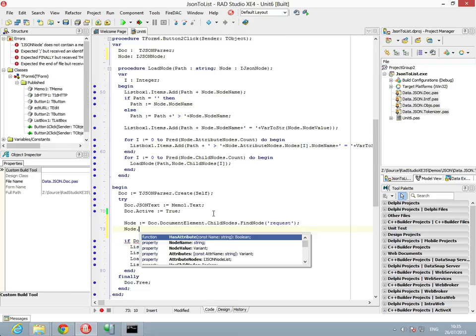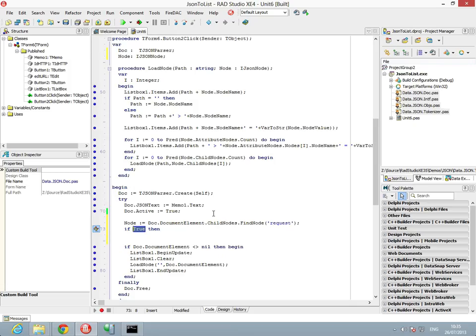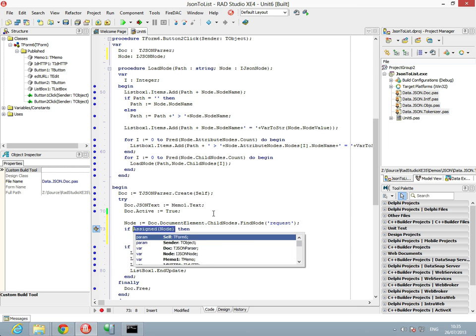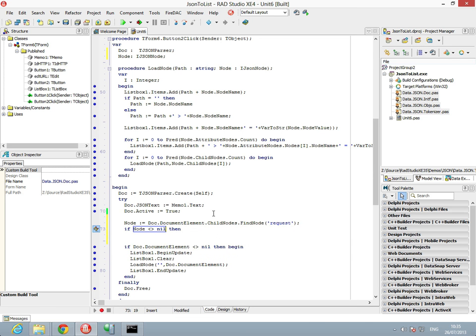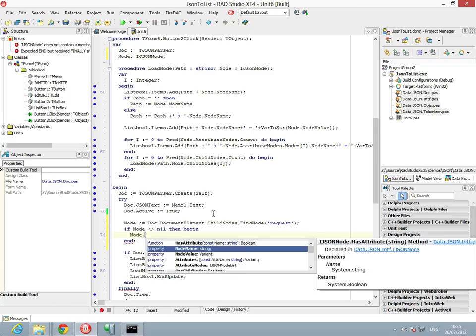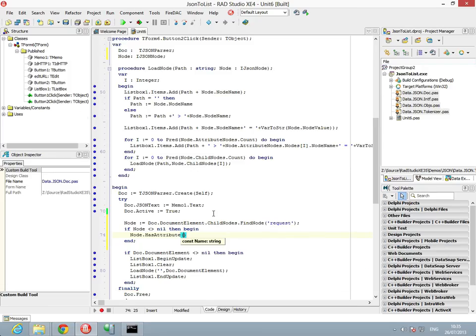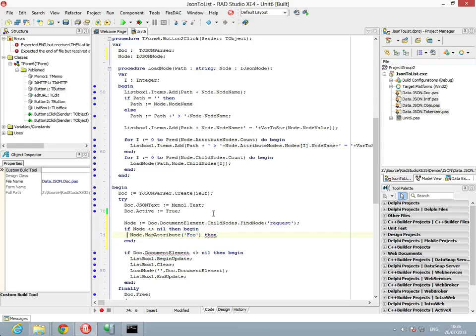So I can then say, right, node. Well, let's just first check if we've got it. So if assigned node, or we could say if node is not equal to nil, same thing. Then we can begin and end some little query here. So we can ask the node if it has an attribute. We could ask for attributes straight away and pass in the value, but we need to know if it's there first. So we can say if it has an attribute called foo, then